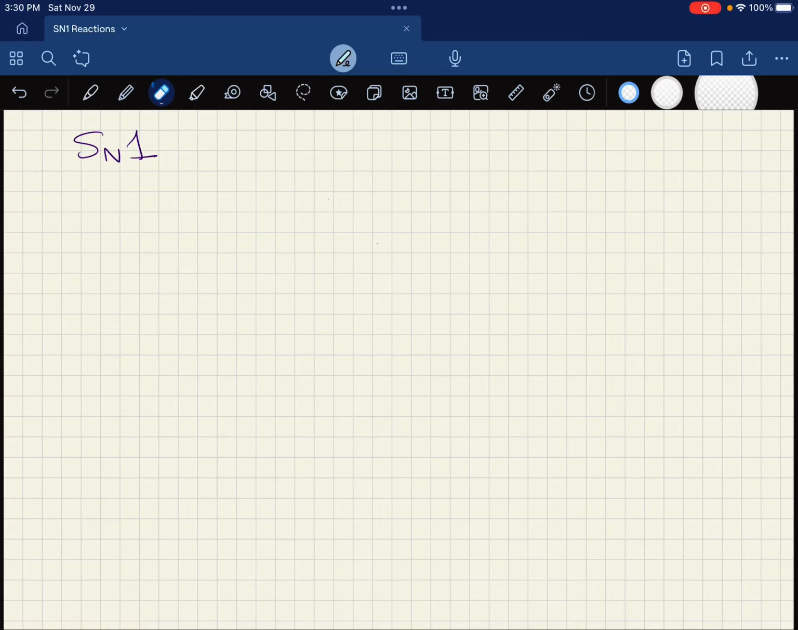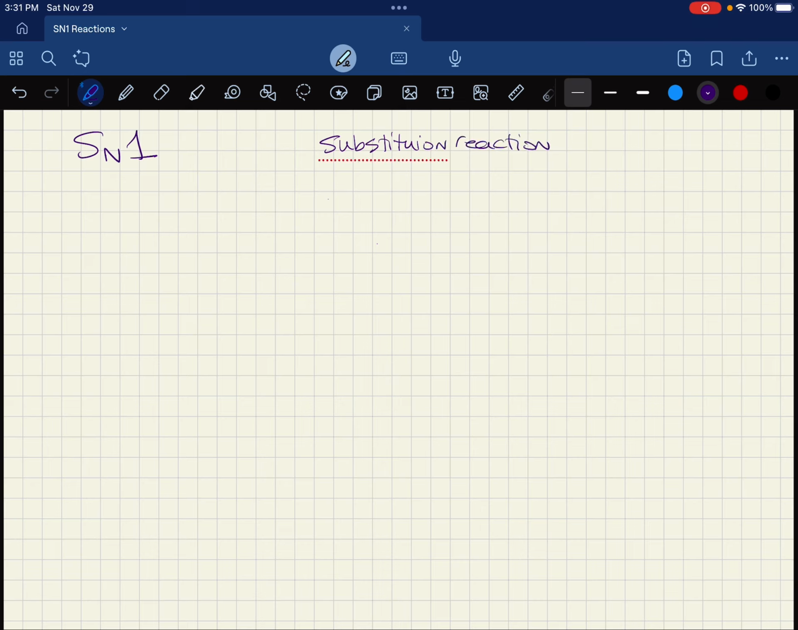Today we're going to talk about SN1 reactions. Just as a reminder, an SN1 reaction is a type of substitution reaction, and it represents a specific mechanism. A substitution reaction is of the general category where we have a substrate with a leaving group,